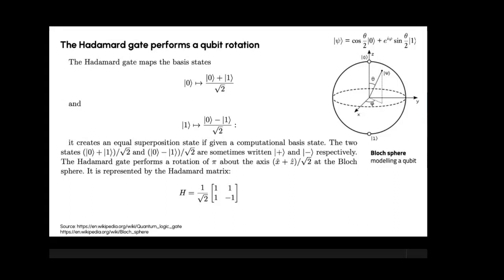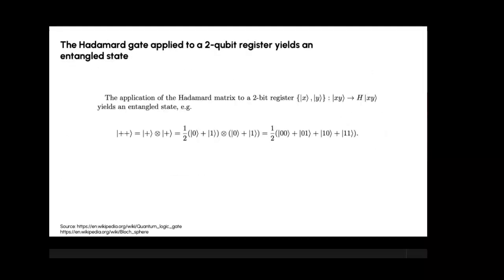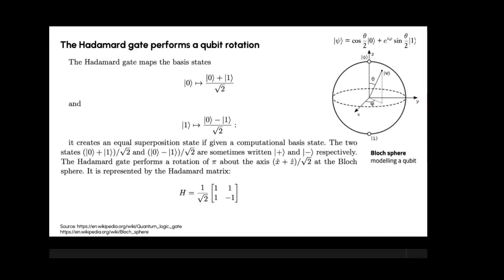And so you see here that we now get this vector with the inverse sign. And so we get here then the minus here and the plus there. And that's what it does. That's how it does its rotation. So this was applying it to 1 qubit, but if we apply it to 2 qubits,